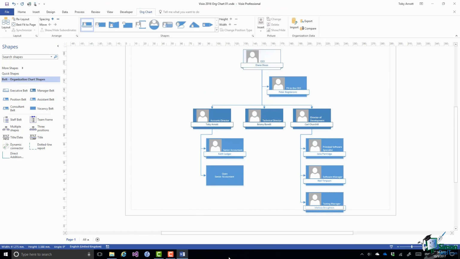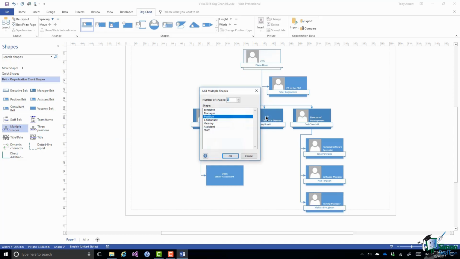And an even more sophisticated option is multiple shapes. If I take the multiple shapes master and drop it onto Bryony's shape, I'm asked a question. Add multiple shapes. What sort of shapes? Assistants, executives, managers? I'm going to say positions, and I'm going to say that 5 people report to Bryony. Click on OK,